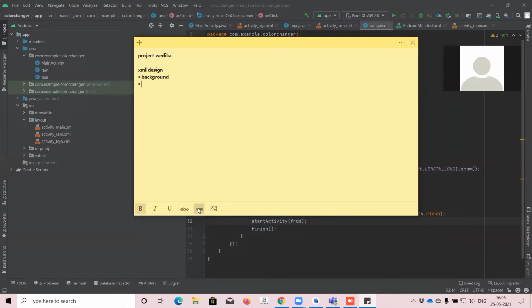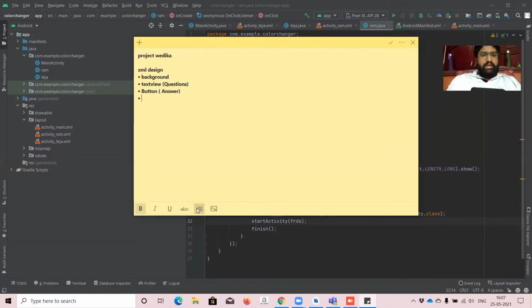We have to mention a text view, stating anything is fine. Any questions? Okay, clear. And we have to create a button. The button will be the answer. If I select this button, it has to show the answer.